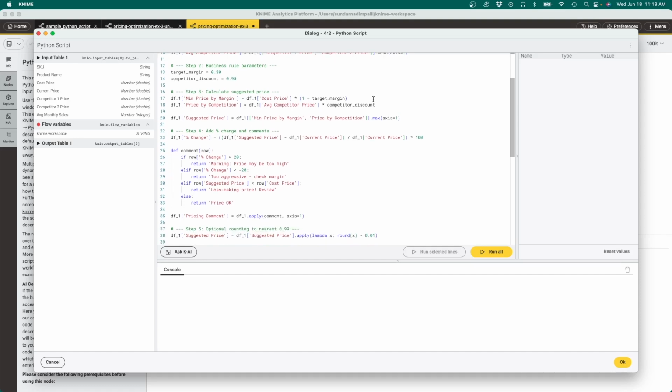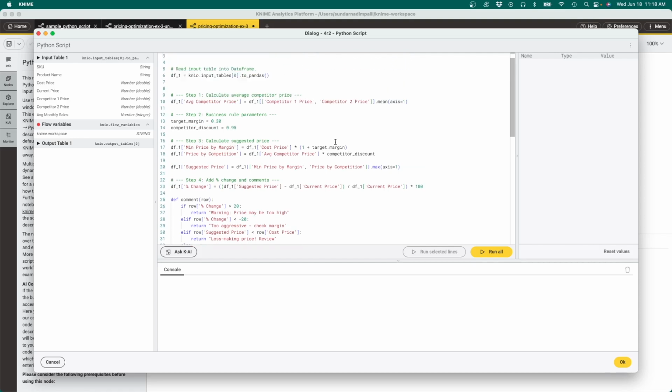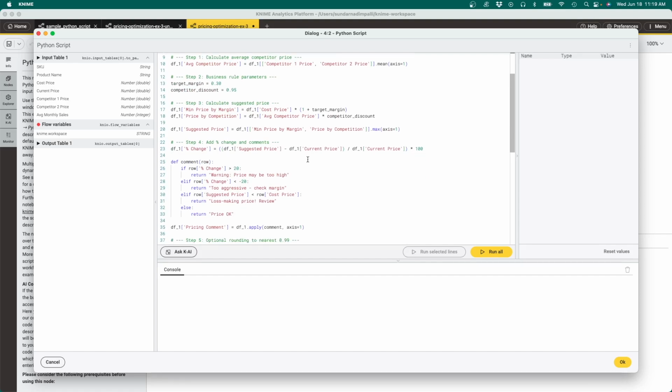Next, we calculate the suggested price. To do that, first we calculate the minimum price by margin, which is cost price multiplied by the desired margin, and the price by competition, which is the average competitor price calculated above multiplied by the competitor discount. Next, we take the higher of these two values, price by margin and price by competition, and use that as